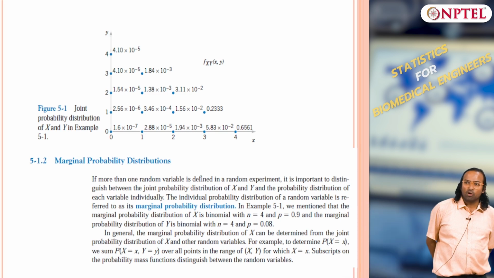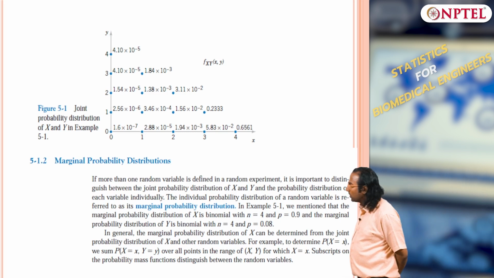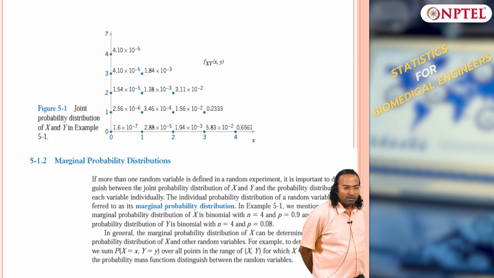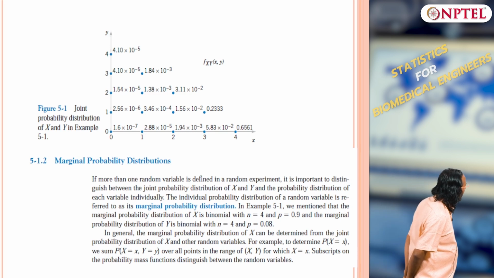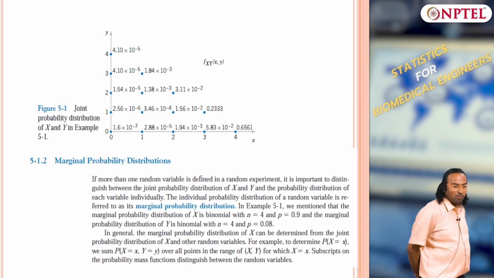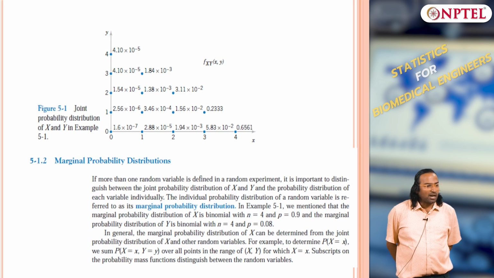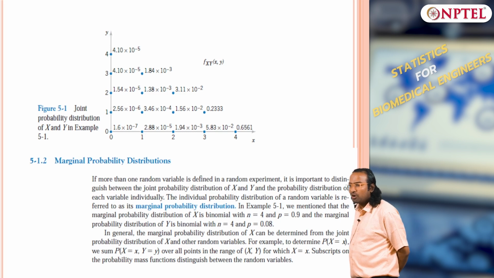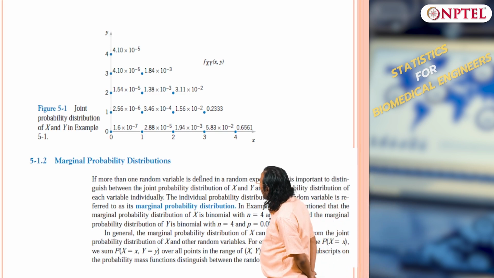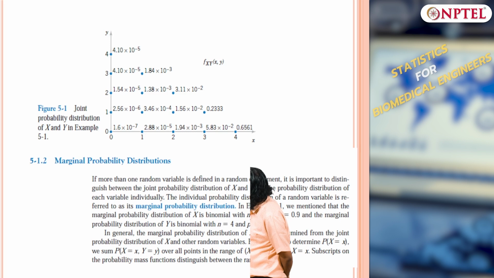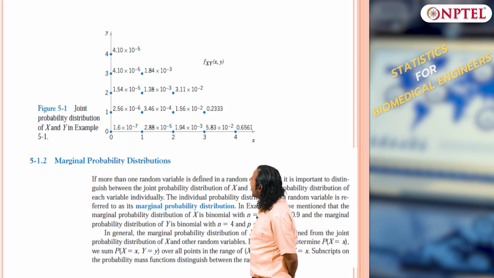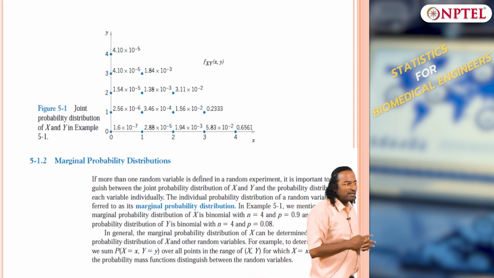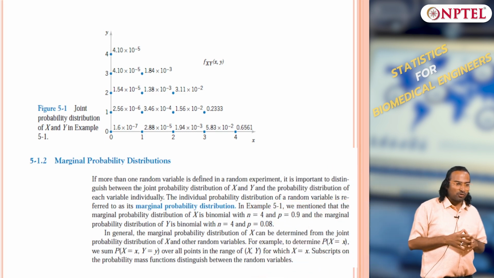So this is what I am talking about. When I talk about two random variables, x and y are related and we are talking about the joint occurrence. So at x equal to 0, y equal to 4, what is the probability? We are not asking the question independently, it is joint: x equal to 0, y equal to 4. The probability of occurrence of x equal to 0 is 1.6 and of y equal to 4 is 4 point. So it is joint, you have to look at it in a joint fashion.